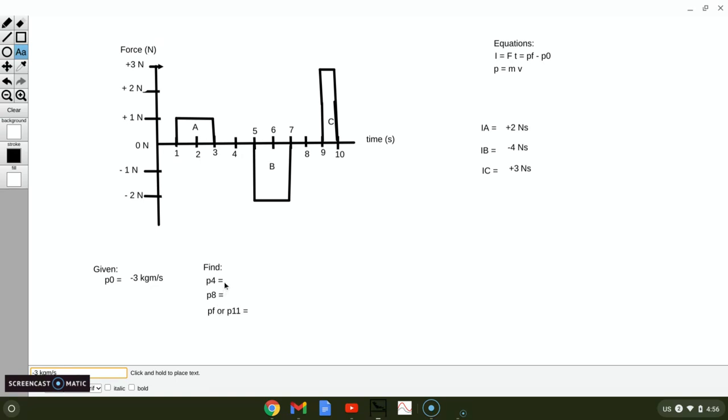All right, so if you have figured this out, if we are starting at -3 and we undergo a positive change of 2, -3 plus 2 will get us to, excuse me, -1. So it's a -1 is our momentum at 4. After 4, we undergo the impulse at B, which is a -4 change, if you remember. So that